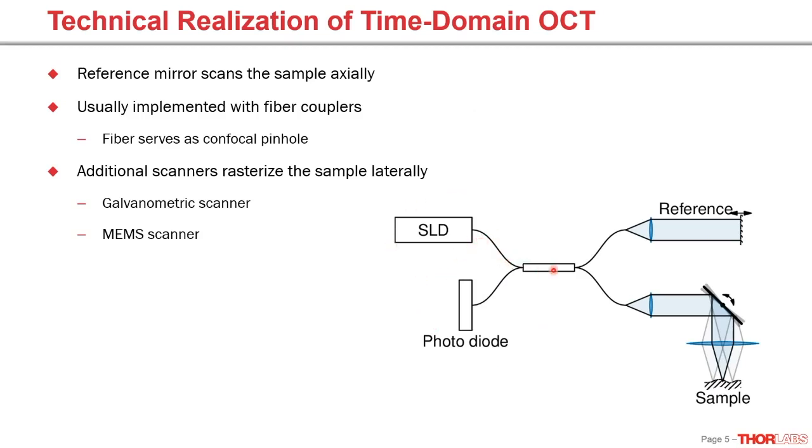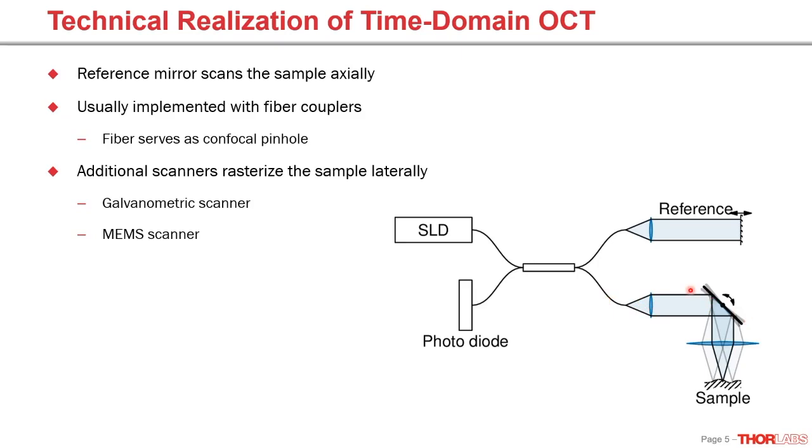You then switch or couple the light into a fiber coupler, where it's brought into a reference arm and a sample arm. The reference arm is scanned axially, which gives you all the different depth positions, and the sample is scanned laterally. The superimposed light is then again detected by a photodiode. In this setup, usually the fiber acts as a confocal pinhole,